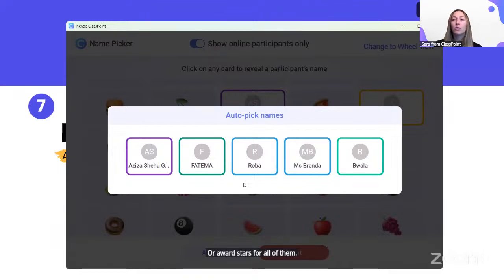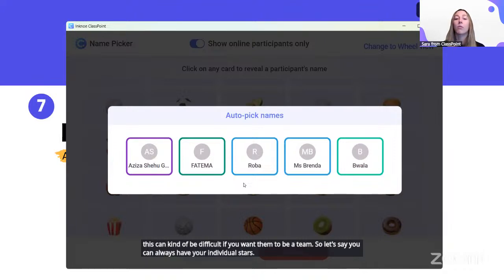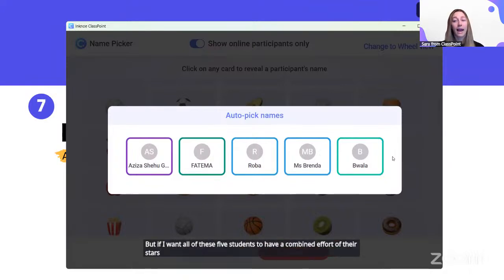However, if you do want to group your students, this can be difficult if you want them to be a team. You can always have your individual stars, but if I want all of these 5 students to have a combined effort of their stars, it is pretty hard to track and to see that within this Pick a Name feature.